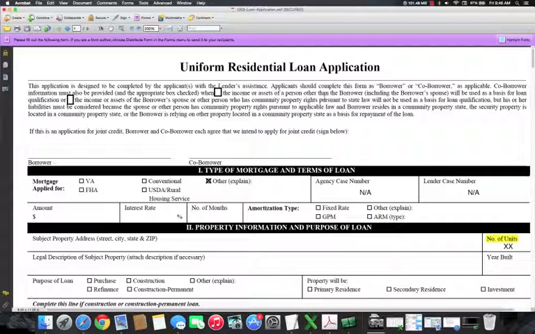Most lenders that do stated income financing will use a uniform residential loan application, also known as a 1003. Even though it might be for a commercial property or an investment property, that seems to be a common denominator of most lenders. So, first of all, if you're going to fill out a 1003